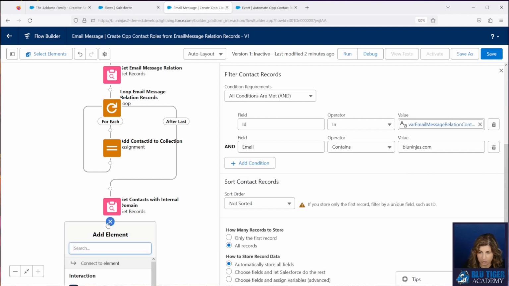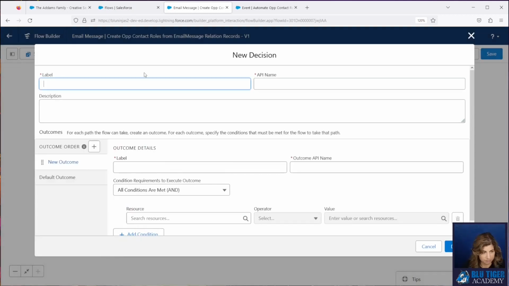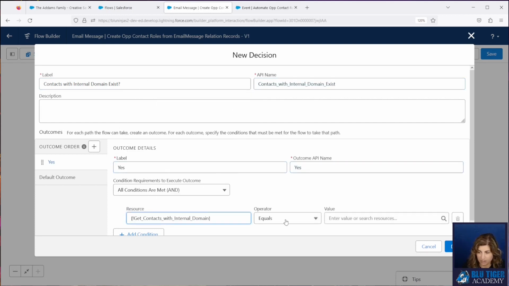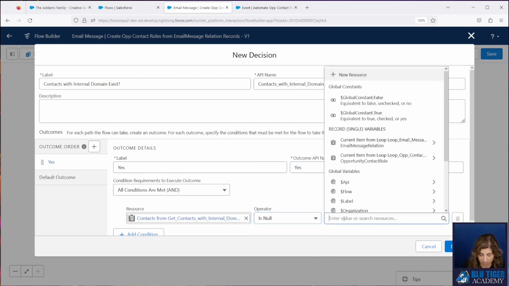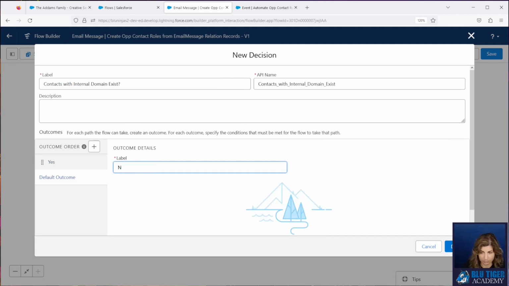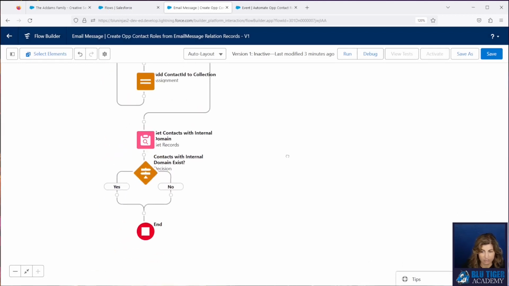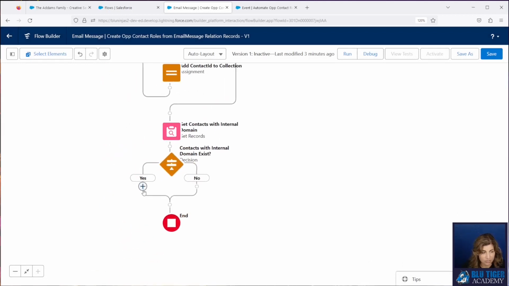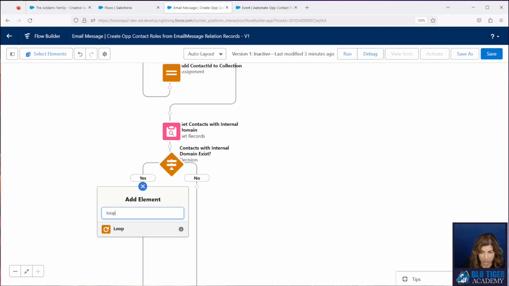Next, we need to decide if internal contacts exist on this email. So we will check to see if our get contacts is null. If contacts with internal domain do exist, we want to do a loop.